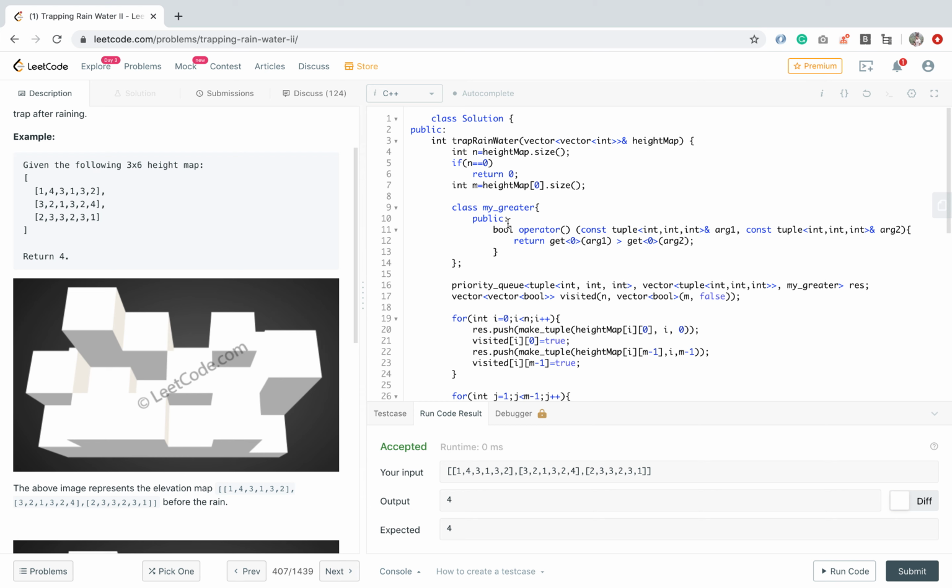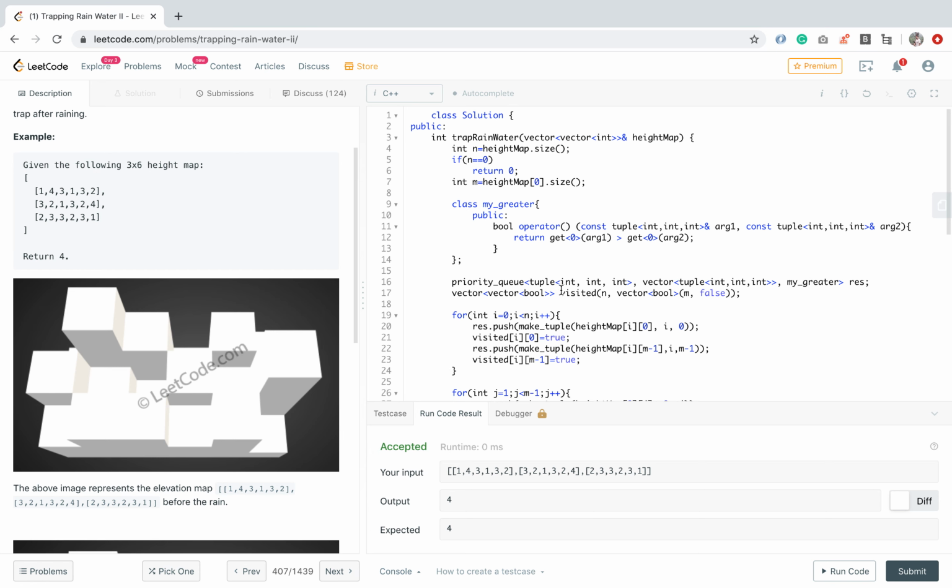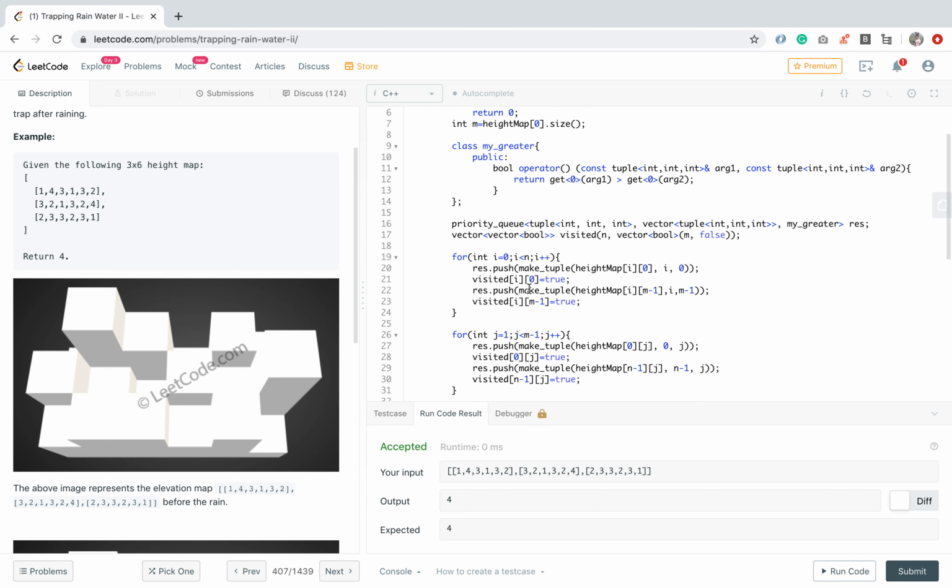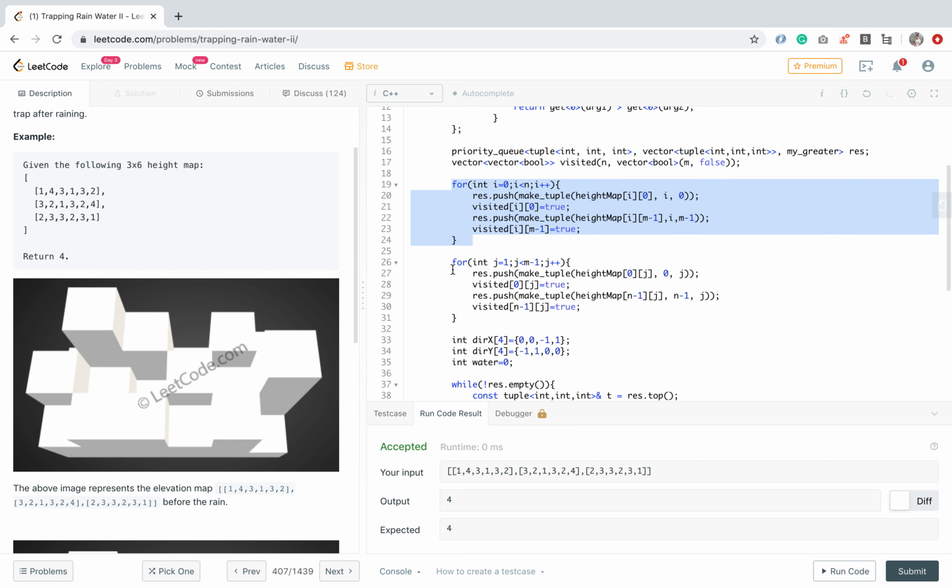One is the height, the other two are the x coordinate and y coordinate of that height matrix, and we are also using a visited matrix to track whether we have visited a cell or not. Initially we push all the border cells of the matrix, like the first row, first column, last row and last column. From this loop we have inserted the first column and the last column, and from this one we have inserted the first row and the last row.